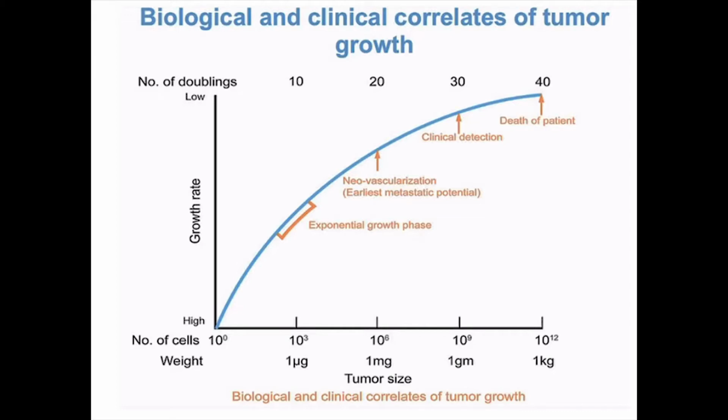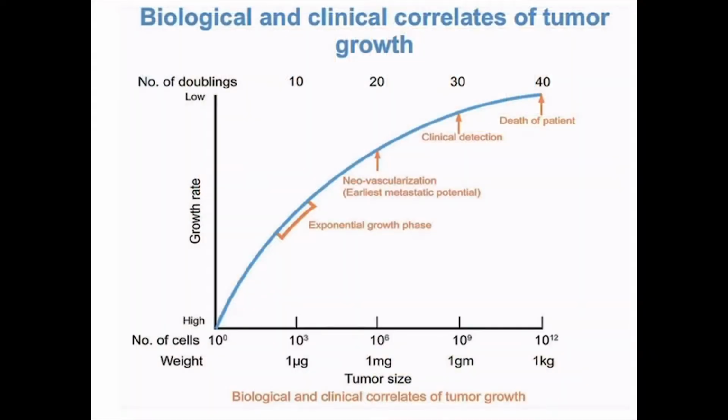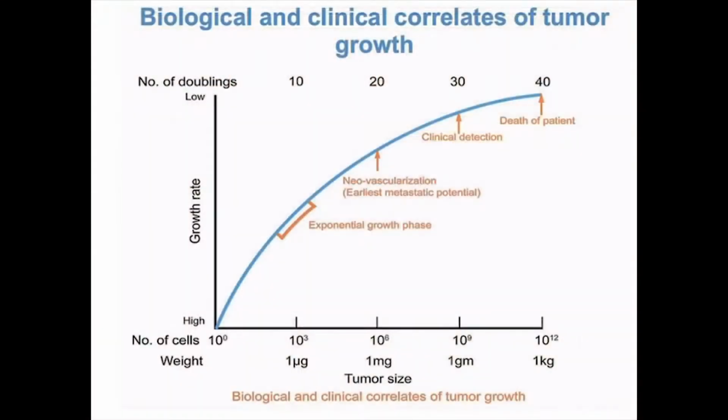So at the beginning, you begin with 10 to the 0 cells, which is 1 cell. So you have 1 cell that's a tumor cell. And it grows and divides and becomes 2 and then 4 and so on and so forth. By the time you get to 1,000, it's only a microgram. And by the time you get to 1,000,000, it's only a milligram in size. A lot of your medication is how many milligrams? You take a little pill and it's how many milligrams in it, right? Not very much. It's very small. Now that's 1,000,000 cells.